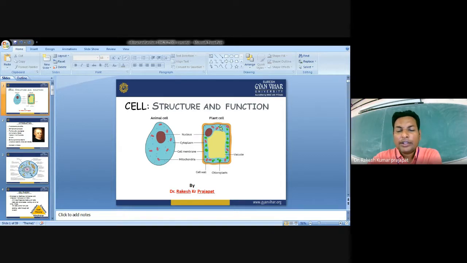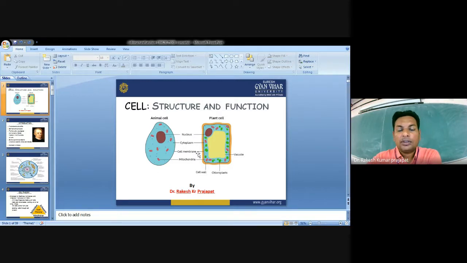While in the case of the plant cell, you can see it's somewhat rectangular, and the shape of this plant cell is maintained by the cell wall. The cell wall is the outer layer, but in the case of animal cells, the cell wall is absent. Only the plasma membrane is present as the outer layer, which separates the internal environment of the cell from the external environment. But in plants, the cell wall is present, a somewhat tough structure that protects the cells from different adverse climatic conditions.